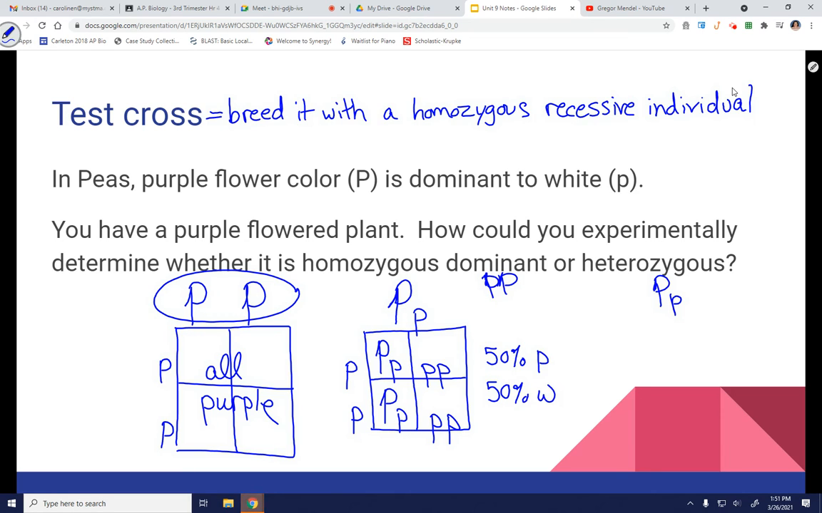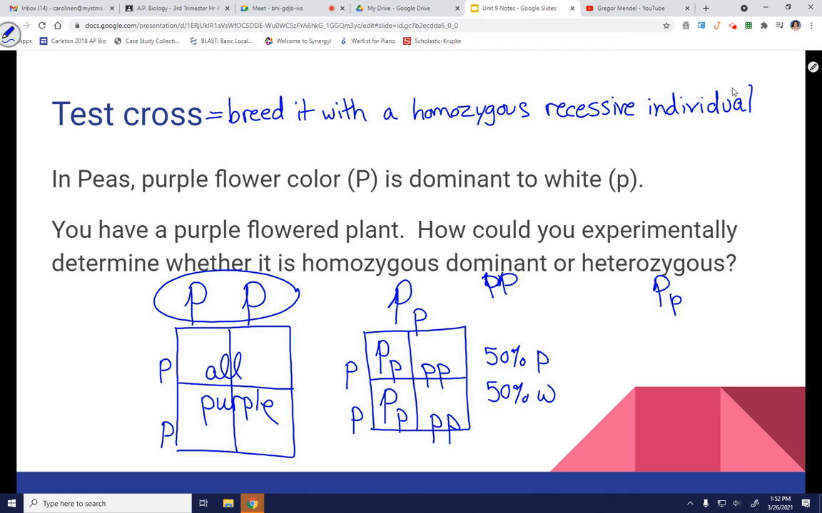Does that make sense to everybody? And obviously in real life, you're not going to have exactly 50-50. If you get 50 seeds from that plant, you might have like 28 that are purple, and what would that be? 22 that are white. But if you see any white in there at all, you know that this parent had to have a recessive